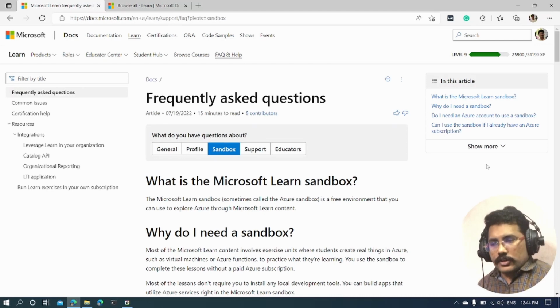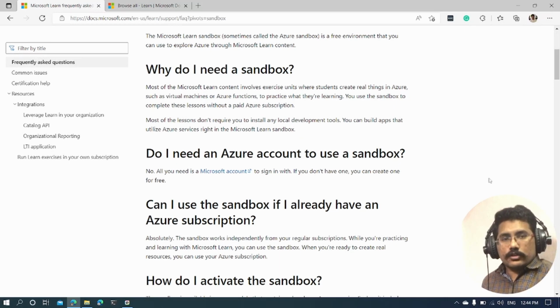For using Azure for free for your learning, Microsoft provides you a concept called Sandbox. Sandbox is the environment where you can learn for free. The first thing you need is a Microsoft account to get the Sandbox. Once you have a Microsoft account, the place you need to go is